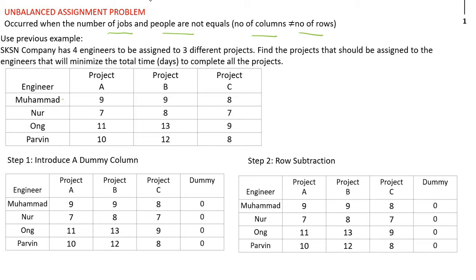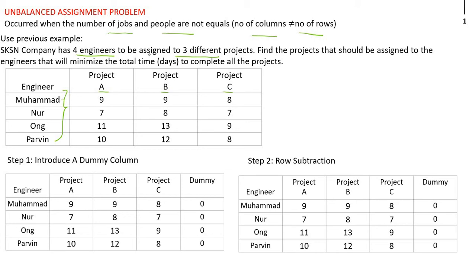For this question, I reuse the question that we have discussed before, but with a bit of modification, which is we have 4 engineers and 3 projects, A, B, and C. Now we can see that the number of engineers, 4, is greater than the number of projects, which is 3. Okay, since the number of rows and columns are not equal, 4 and 3, the first step we need to do is